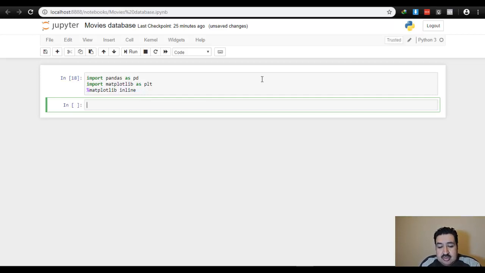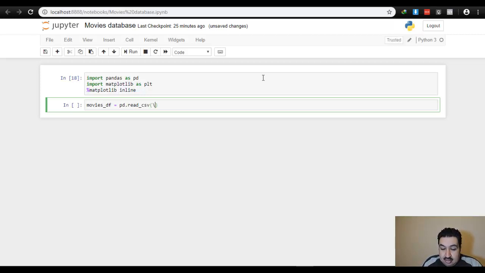I've chosen to explore a dataset that's available online, and it's actually about a movies database. So we can read this database like this, movies_df, a data frame, because we will need to import this database into a suitable data frame so we can explore it using Python. pd.read_csv,